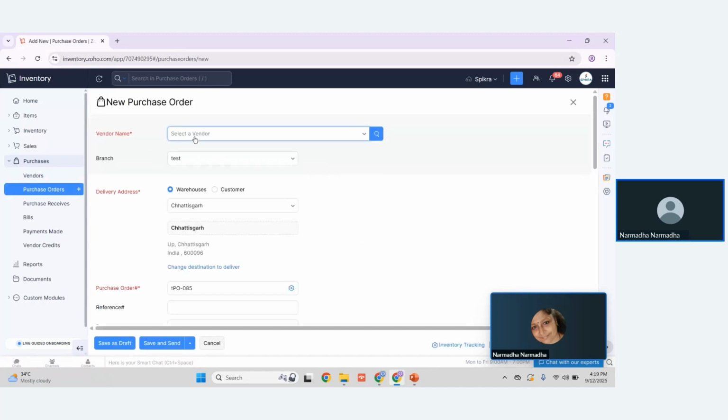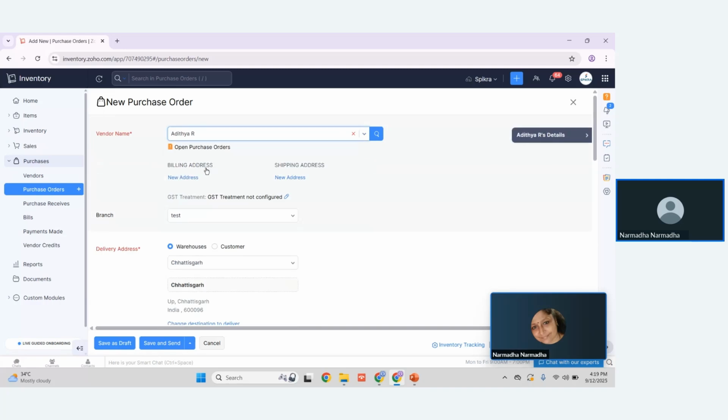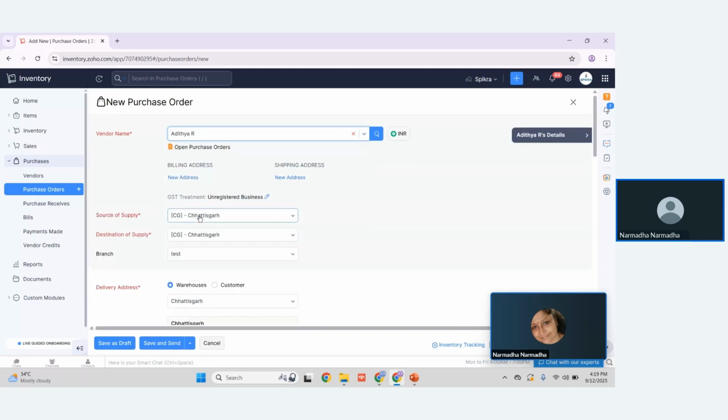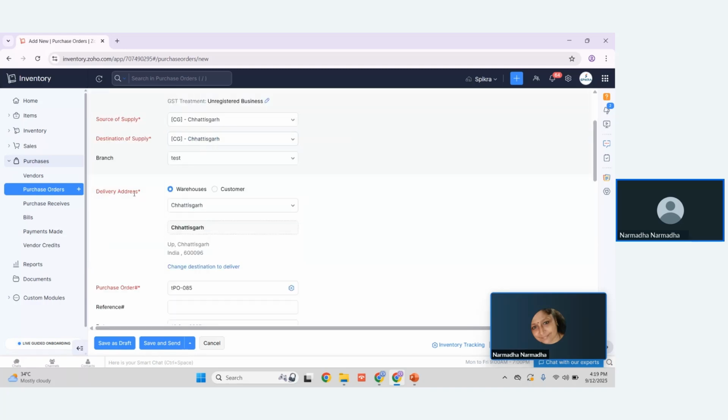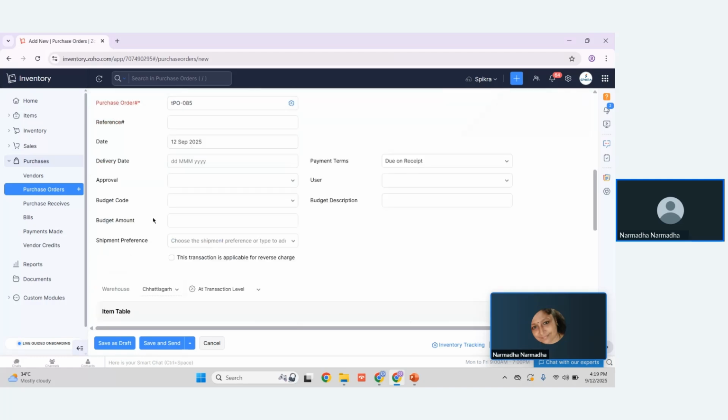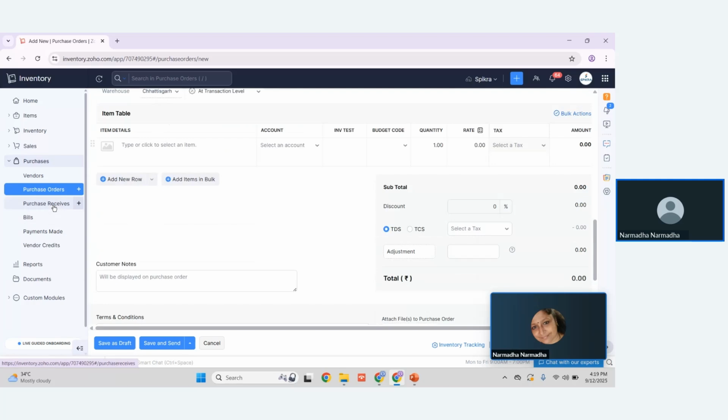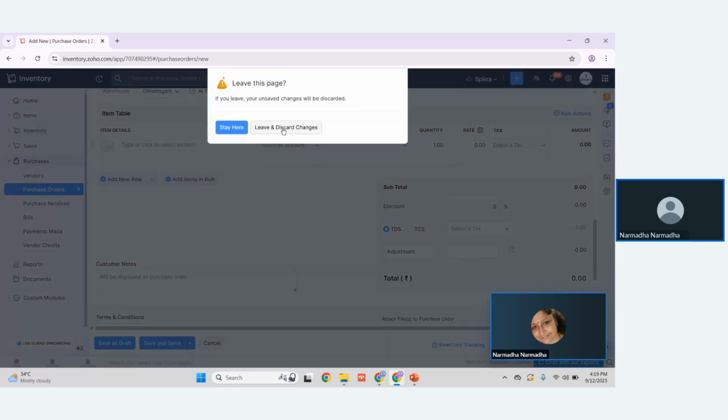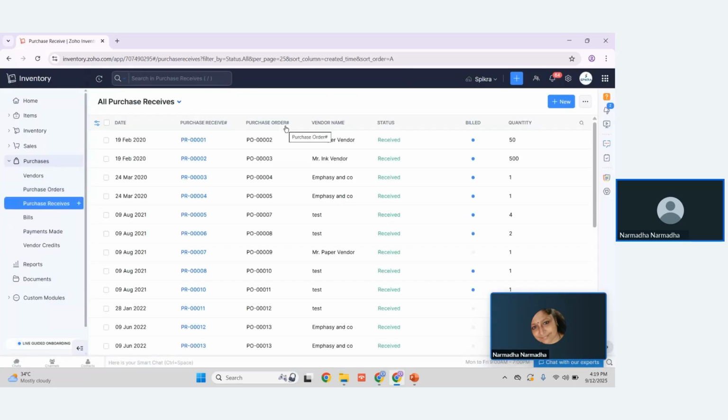To raise the purchase order, here we have to select the vendor name, source of supply, destination of supply, and delivery address, which may be a warehouse or the customer point. If the customer has a requirement, we can directly send the dispatch items to the customer, which is called drop shipment. Once the purchase order is generated,